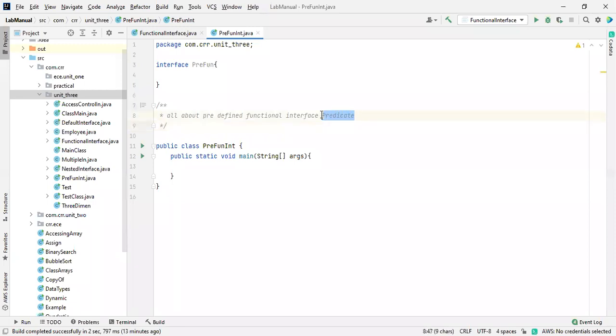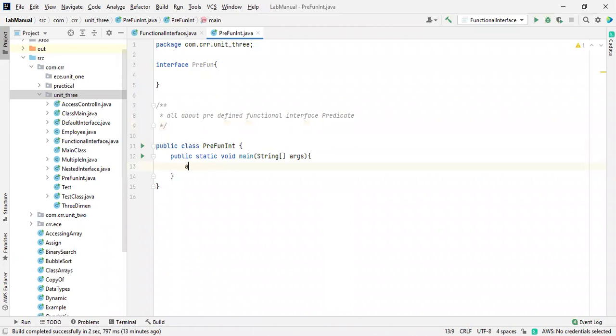We are going to discuss the predicate, which is a keyword available inside Java. So you should not mention the class name as predicate. If you mention predicate over here, it will throw an error. Don't mention it like that. Keywords are not allowed as the name of a class or variables. Okay. So now inside this, from our information point of view, yep.